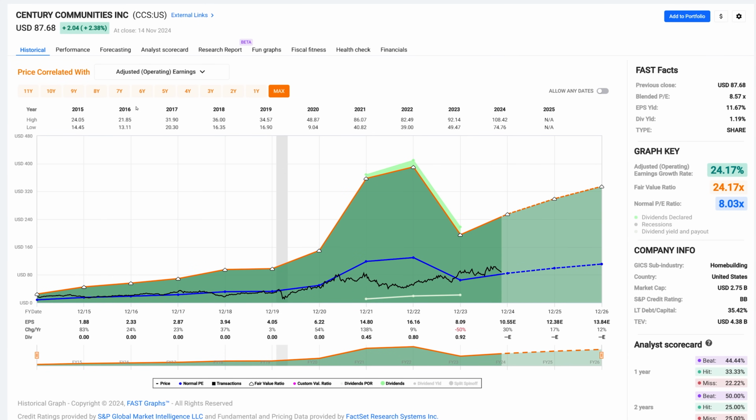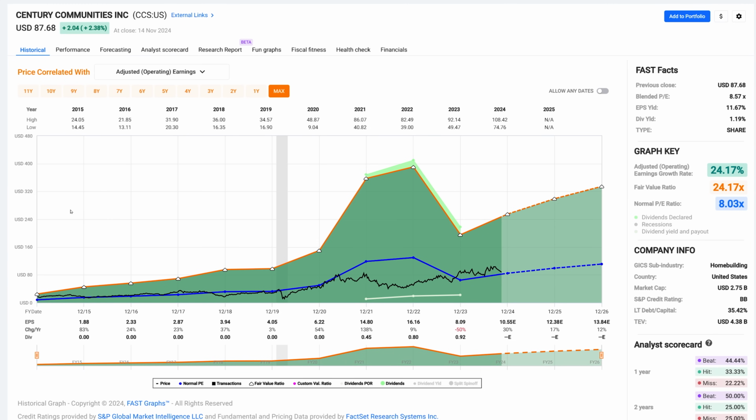Now, it has the lowest dividend yield. They're not even giving any forecasts for dividends going into 24, 25, and 26. And a lot of that has to do with the fact the company really has never paid out much in the way of dividends anyway. Now, we had this great growth surge here coming out of COVID, and then the stock never reacted to that. But this stock is another one. I call this a blue line stock. It tends to trade at 8 times earnings.